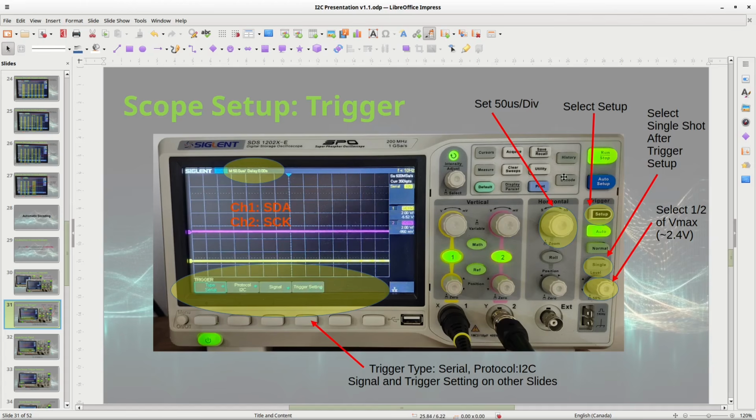Now when you use the decode button here, you have to repeat it again and tell the decode how to trigger. So with this, you're telling the scope how to trigger, to hold it on the screen so that the decode can then decode it. I don't know why these two things are not coupled. You would think they would couple them, but they're not. You have to do them separately.